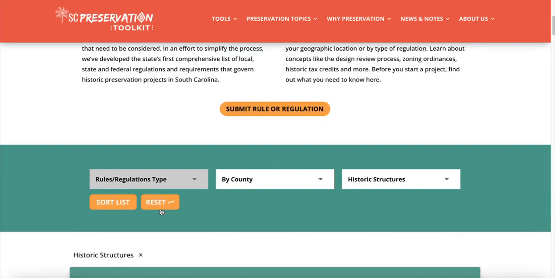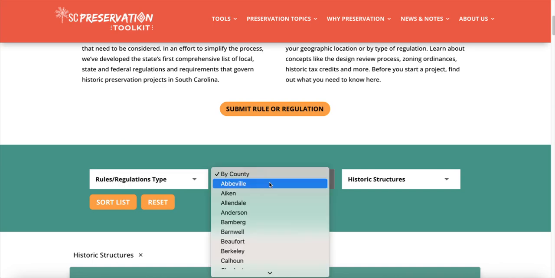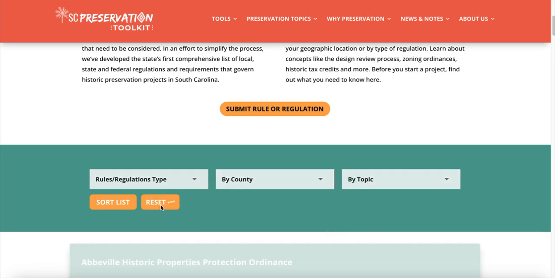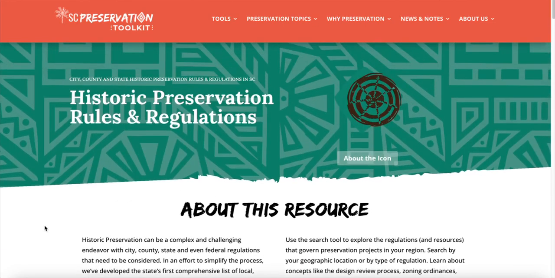So usually the easiest way would be to select your county and your topic if you're looking for something specific in your county. Hopefully that helps make rules and regulations a little bit easier to navigate for folks,